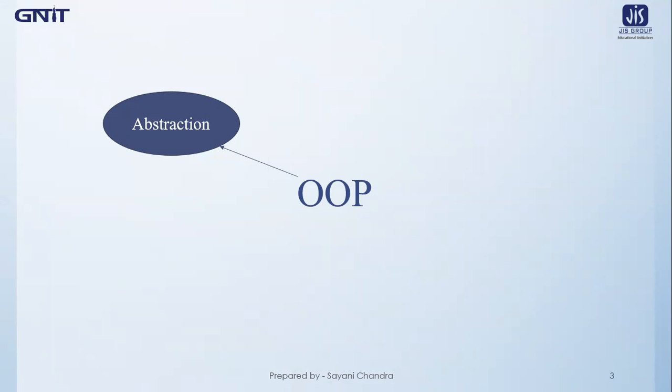So if I consider an example of a person going to withdraw some cash from an ATM machine, this can also be considered as an abstraction, because the person who has gone to withdraw some cash from the ATM needs to know how to operate the ATM machine to withdraw cash only. He or she doesn't need to know how the ATM operates and how the ATM dispenses the cash. That means the only required information that must be known to the person is how to operate the ATM.